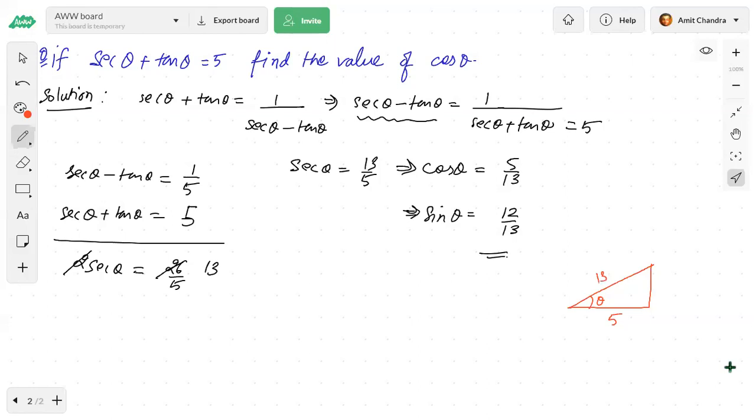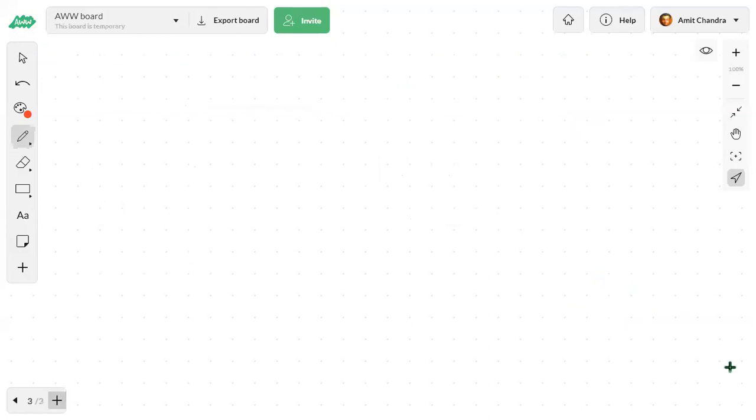So if I use the property of a right angle triangle, this will become 12, right? So what will be the value of sine theta? Sine theta will be 12 by 13. Understood, Kaushik? So I can form a triangle and I can find the value of sine. I'm talking about the acute angle. Assuming it has been given that theta is acute, then sine and cos will be positive because it will be within 90 degrees. Okay. Next question. Let's solve one more question.